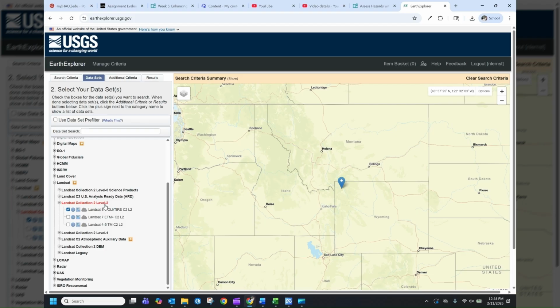Level 2 refers to the type of data, how the data is processed, and what's available in a Level 2 product. And we want something that's georeferenced. We want something that shows the spectral bands. And then there's other specifications that are irrelevant for this particular study. But we always select Level 2 is the point, because for what we do in remote sensing, that's going to